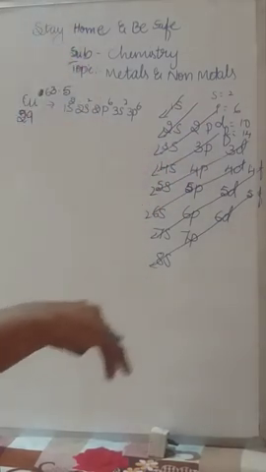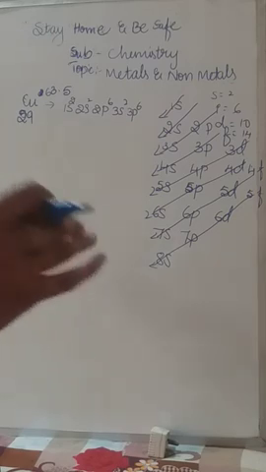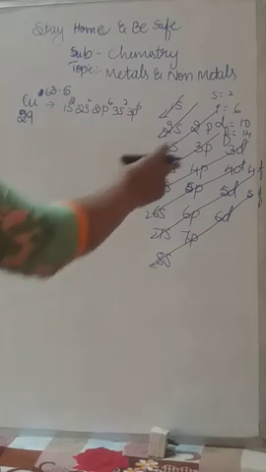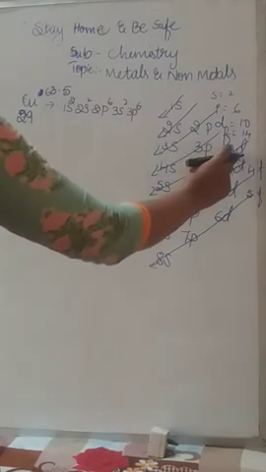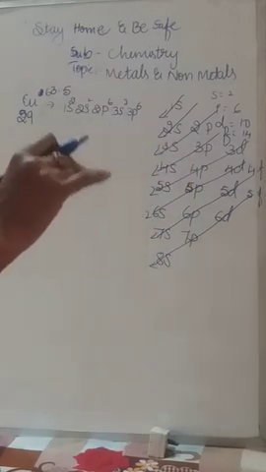The slanting arrow mark has to come like that only. You have to keep practicing at home for many elements, because a periodic table is there in the textbook, or if it is not available, you can find a periodic table on the net. By opening that periodic table for the atomic number, you have to keep practicing how to write the electronic configuration, then it is easy. So after 3p, keep in mind we don't go to 3d.